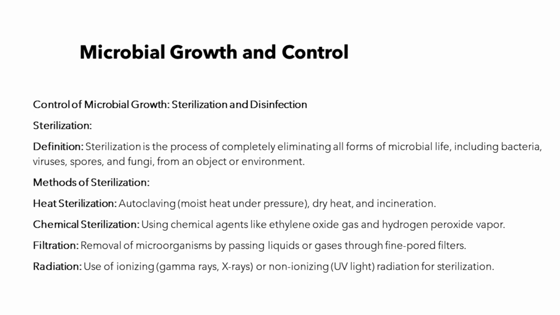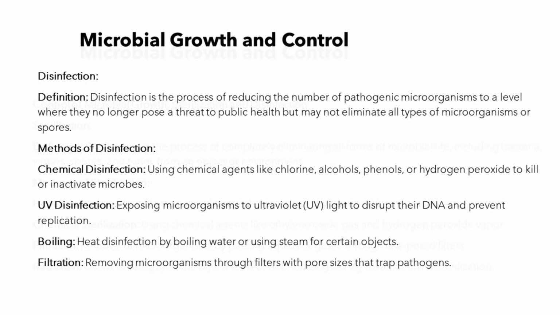Chemical sterilization, using chemical agents like ethylene oxide gas and hydrogen peroxide vapor. Filtration, removal of microorganisms by passing liquids or gases through fine pore filters. Radiation, use of ionizing gamma rays, X-rays, or non-ionizing UV light. Radiation for sterilization. Disinfection. Disinfection is the process of reducing the number of pathogenic microorganisms to a level where they